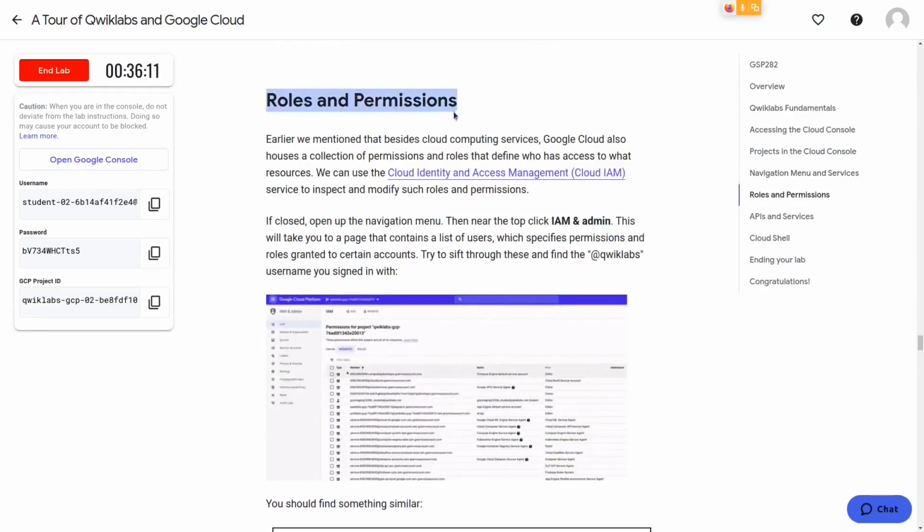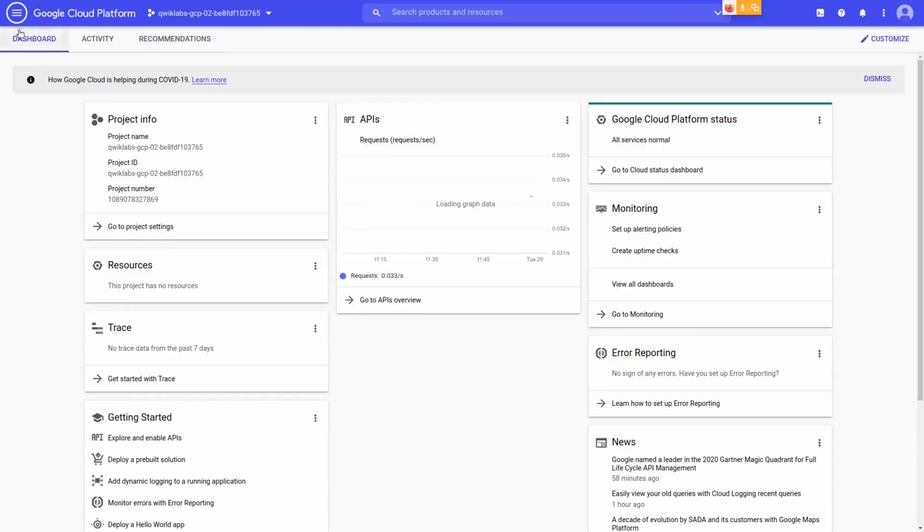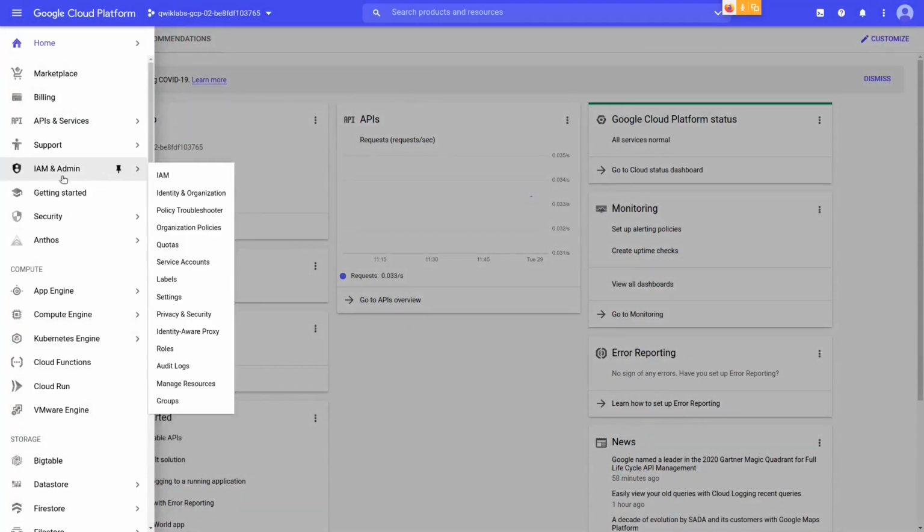There is something called roles and permissions. This is important actually. When you're an IAM and admin, you can invite different people to work on your projects and give them roles. These roles will consist of, for example, an editor role. An editor can make changes and read, but cannot change any privacy or security features without you noticing it. He'll need permissions to do such things. So this is all about IAM and permissions.